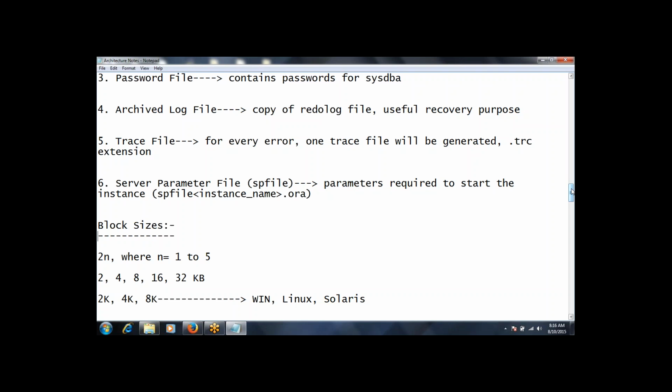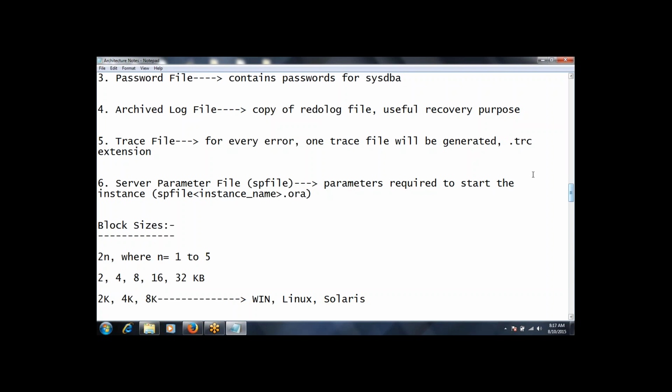Where we cannot stop the database, correct? So for that, from 9i version onwards, Oracle Corporation has given us a file called the server parameter file, with which we have no need to stop and start the database. While the database is up and running, we can make the changes to the parameters in the server parameter file dynamically without shutting down the database.